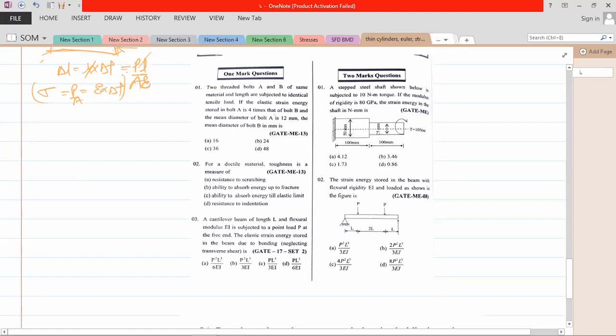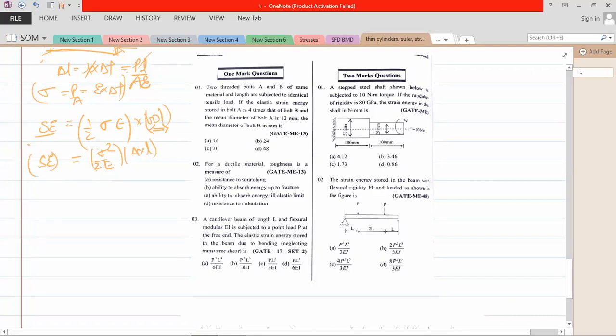First of all, length is same, material is same. Your energy formula: strain energy is equal to half into stress into strain. This strain energy is per unit volume, so we need to take care of the volume, because here the diameter is changing, and the strain energy is stored in that volume. But if volume is held constant, that is length and area of cross section are the same, this volume term will not come. So I would write it like sigma square by 2E into A into L. Now this is your strain energy.